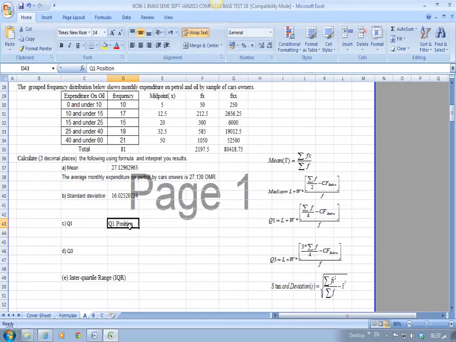Before the Q1 position, if you see the formula here, Q1 position is the place of the first quarter, and Q3 position is the place of the third quarter. The place of the first quarter is sigma f divided by 4. So here it is equal to sigma f divided by 4, and then it will give us 20.25. Then, according to this, we say CF